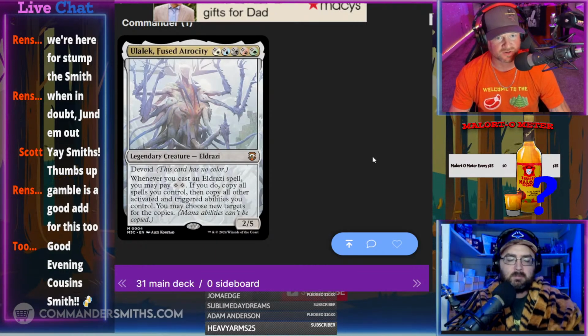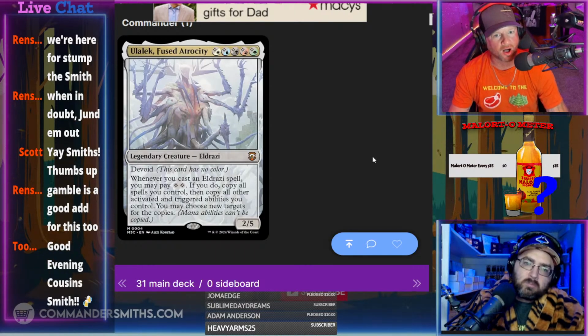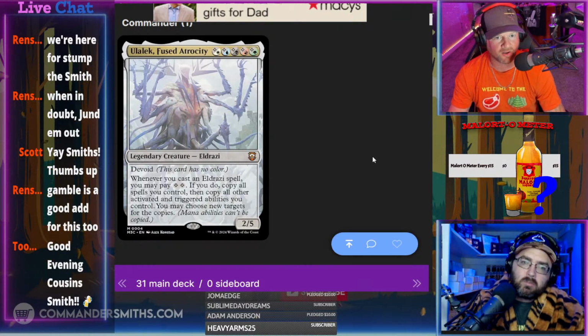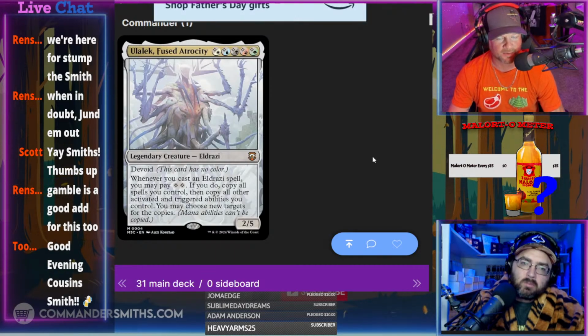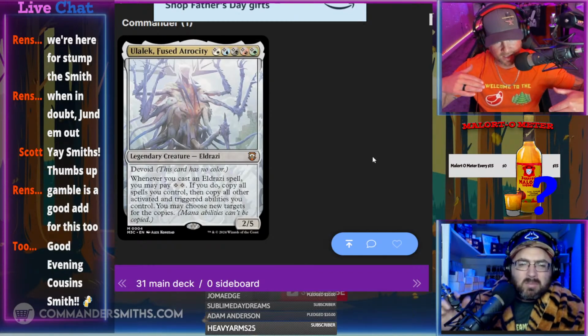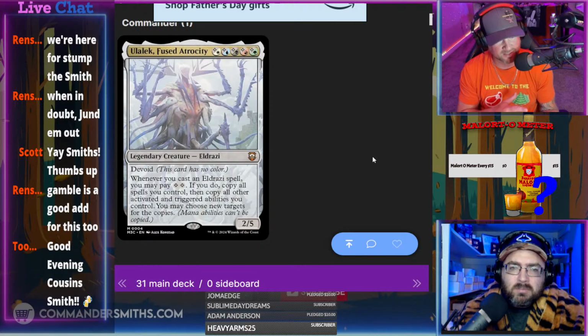For a 2/5 Eldrazi Devoid, whenever you cast an Eldrazi spell, you may pay 2. If you do, copy all spells you control, then copy all other activated and triggered abilities you control. You may choose new targets for the copies. Okay, so there are some Eldrazi spells, and I think some of them are in the deck, and maybe some